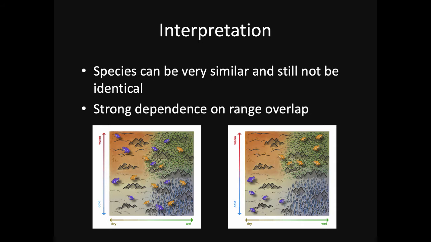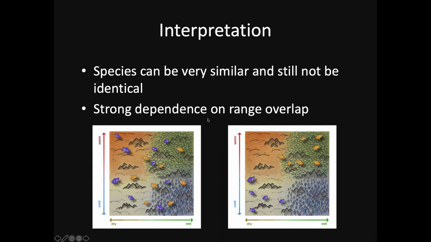First off, species can be very, very similar and still not be identical. So the larger your sample size, the finer, the more granular an environmental difference you're going to be able to see and detect as statistically significant, even if the actual differences are pretty minimal. Second, and I think more importantly, there's a potential for a strong bias here due to range overlap or a